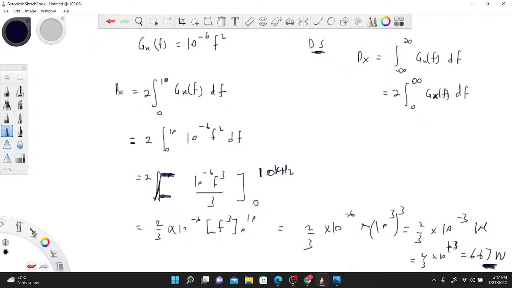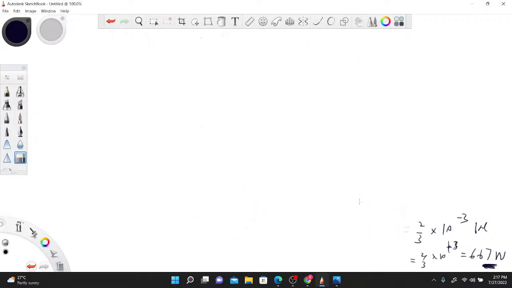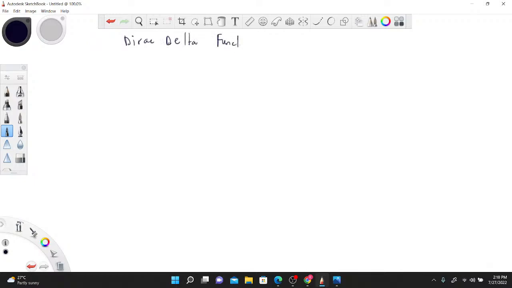So let's talk about something, the last thing for today. Then next time we'll continue. So the last thing for today is the Dirac delta function. So all you must know about the delta function is that